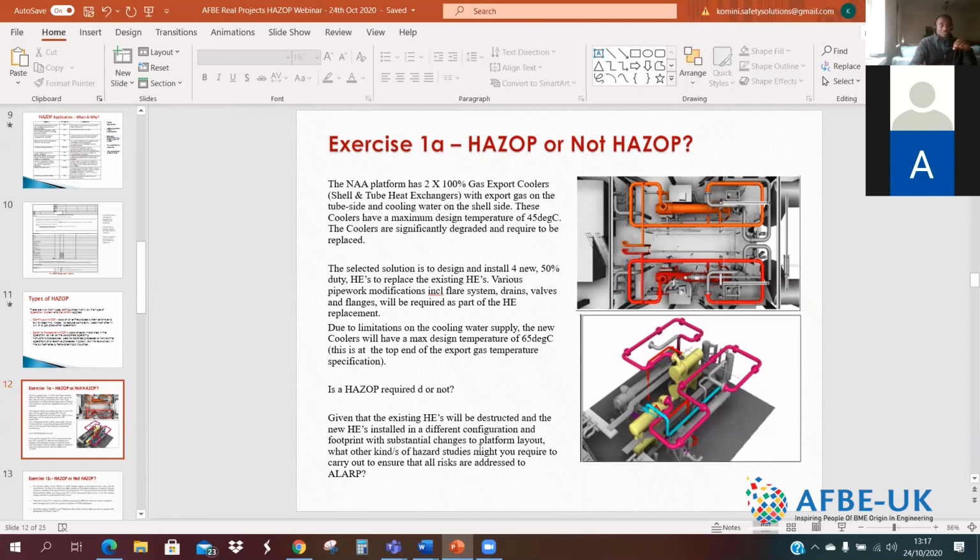the new heat exchangers can be fitted in safely, and impacts to the platform layout are also taken care of, because we mentioned that the footprint is expanding. So I'll be doing a hazard or a construction type risk assessment for that as well. I'll do that. So I'll move on to the second example